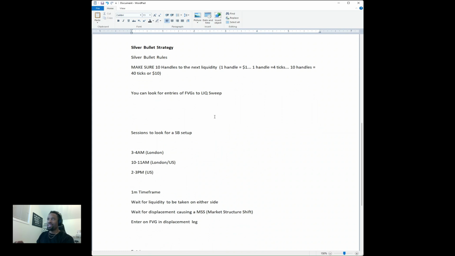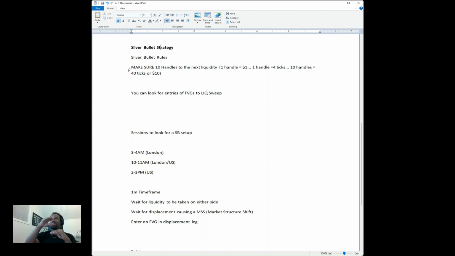So, again, we are going over A plus strategy and silver bullet. Actually, I'm going to do it in the same order. We're going to start with silver bullet. So here we are. Silver bullet has some specific rules that we need to follow. Whenever you have an entry for a silver bullet, you need to make sure the entry and the liquidity is